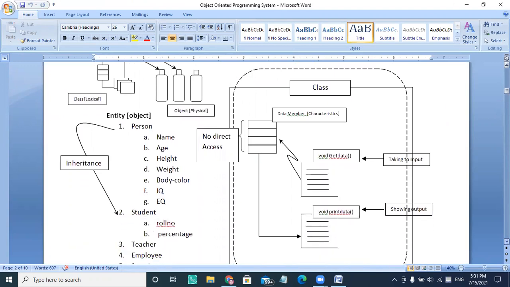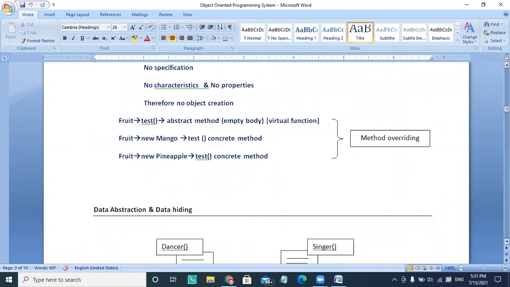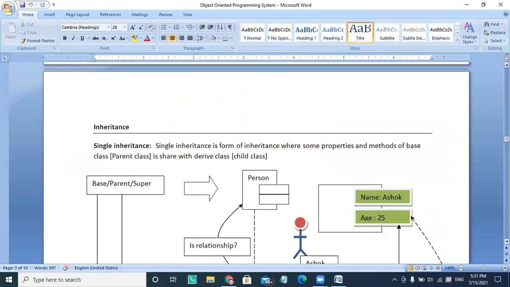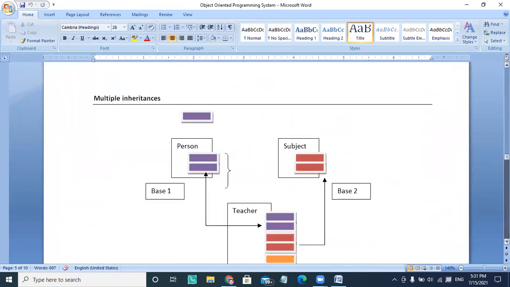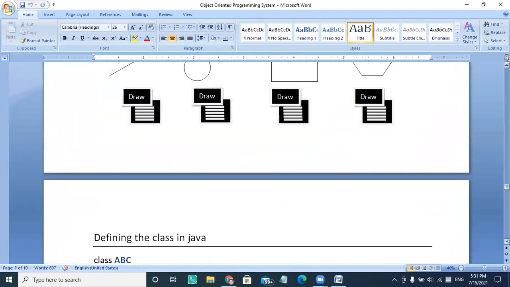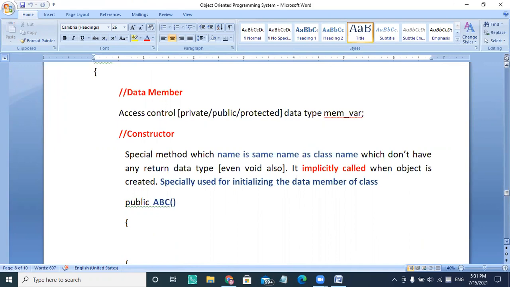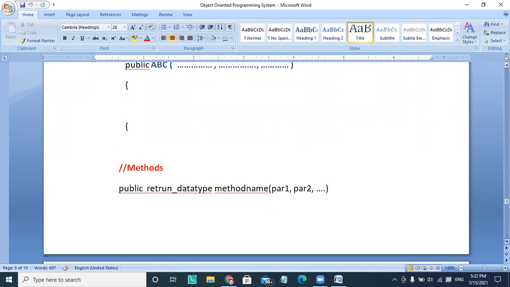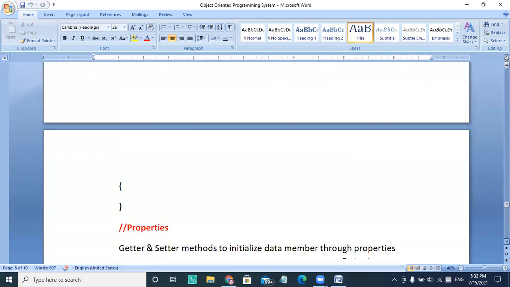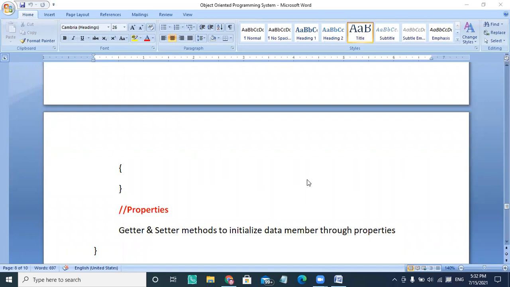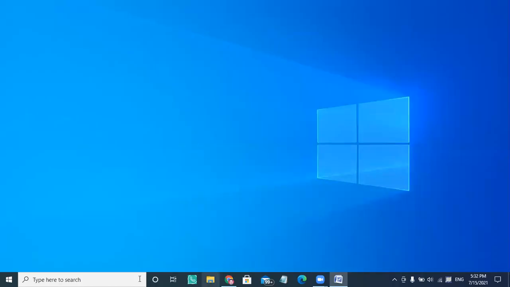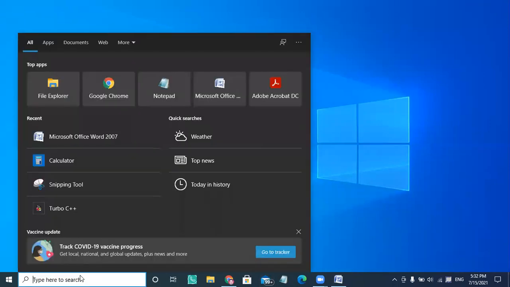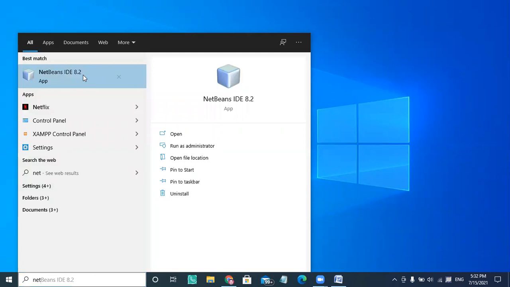We are going to define our own class, and inside that we are going to define the constructor and an overloaded constructor. We are going to define the data members and the methods inside that class: one method responsible for taking input and another responsible for output, plus some properties. So let us start the editing scene and create a class called person class,